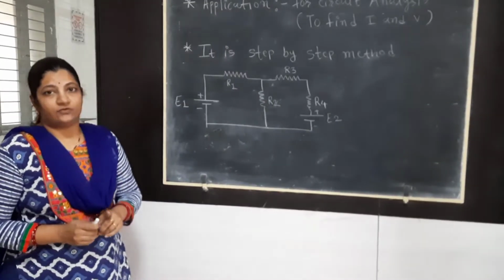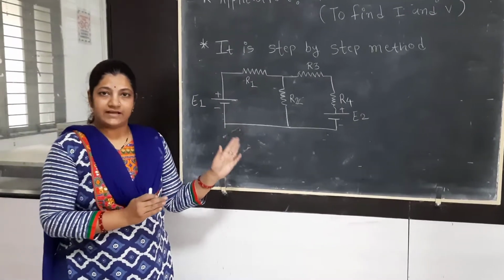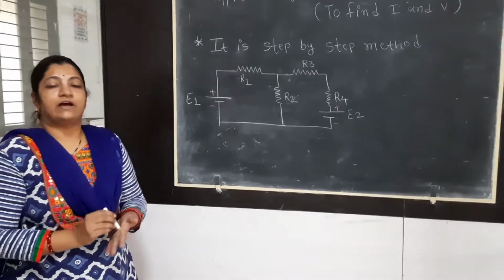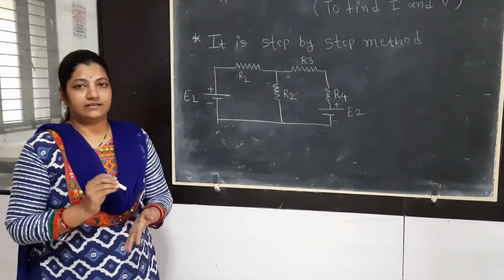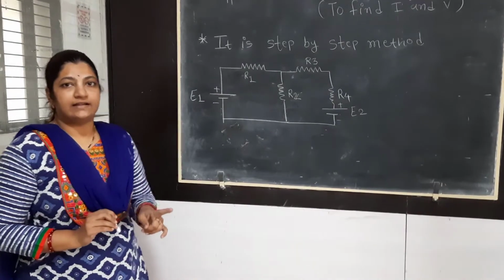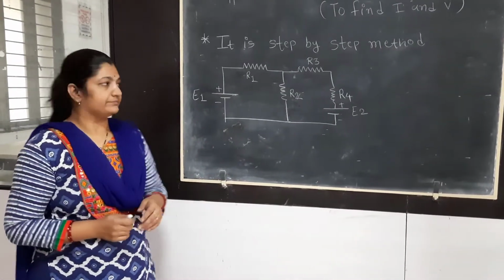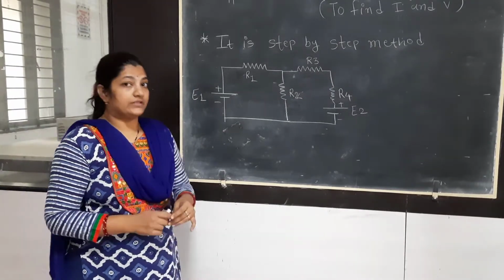So what is the first step? We need to observe this given network carefully. Why so? We need to identify how many meshes are there in the given network. And for that, our fundamentals should be clear on the difference between a normal closed path and a mesh. Okay, let me first make it clear.